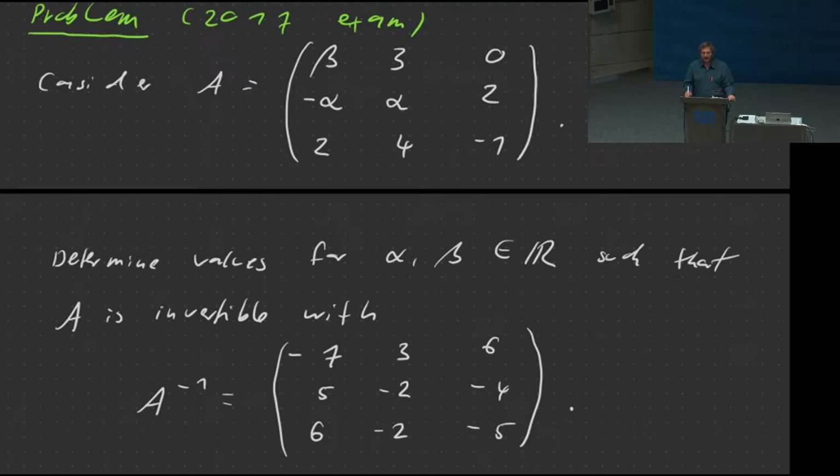All right, maybe let's take a quick look at that one together. First, let me give you the solution so I can verify whether you're right. You should get alpha equals -1 and beta equals 2. That would be the correct solution. So it can be inverted, and the A to the -1 is correct for alpha equals -1 and beta equals 2. Again, I'd like to know whether you got the correct answer. So please go on Tweedback.